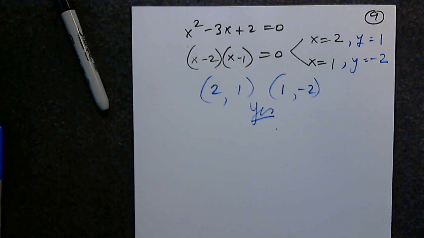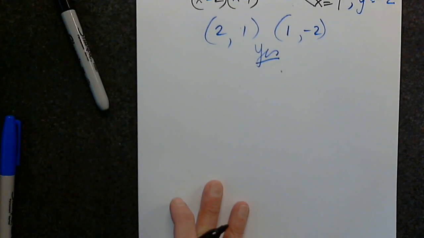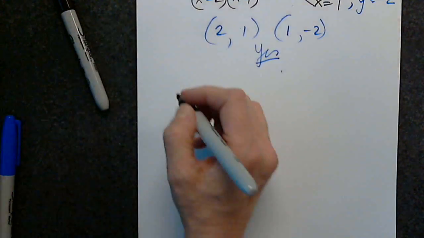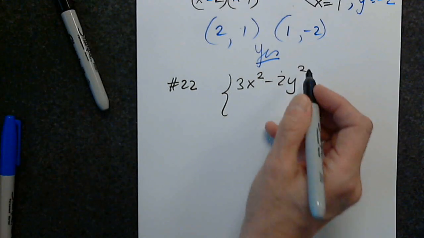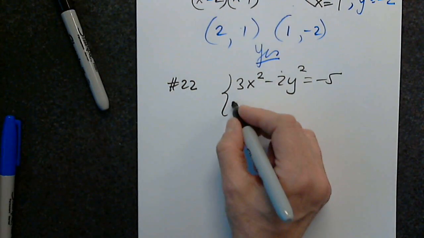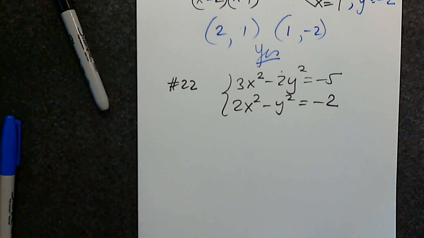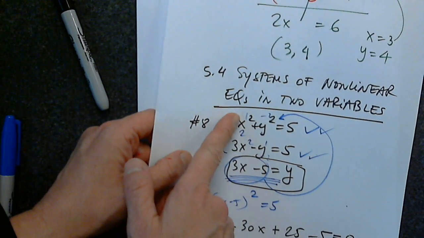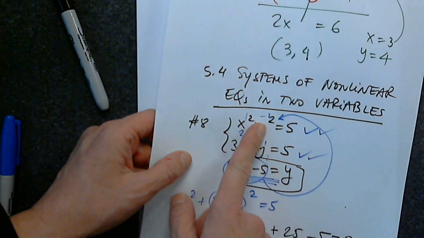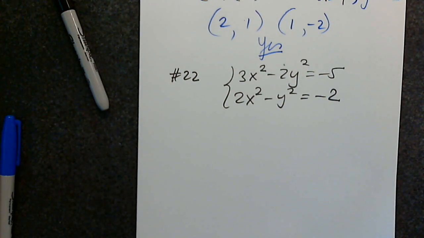Okay. Let's look at another one. This time, elimination. Let's say 22. 3x squared minus 2y squared equals negative 5. And 2x squared minus y squared equals negative 2. I hope it's very clear here. In the previous example, we were not able to use elimination because the variables are not the same. This one has x squared and this one has x. This one has y squared and this one has y. But in this system, yes, we can use both